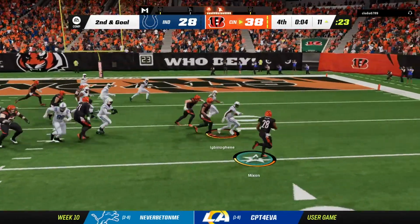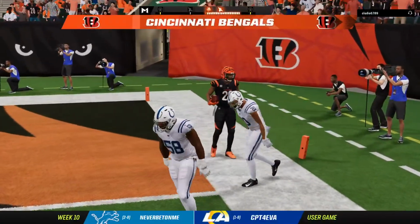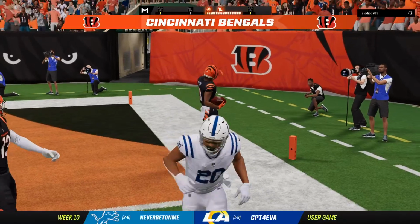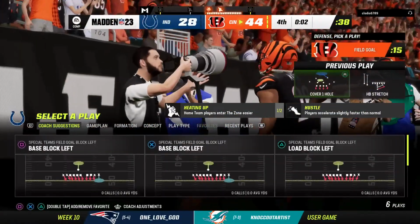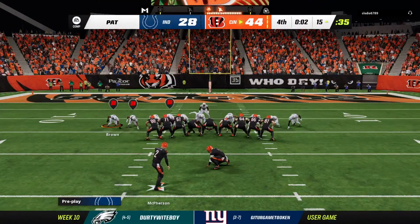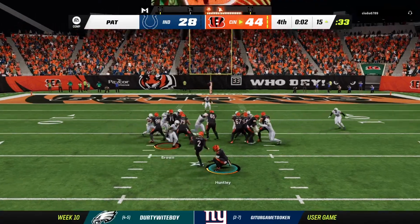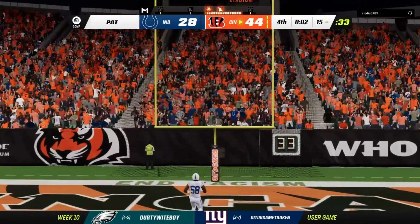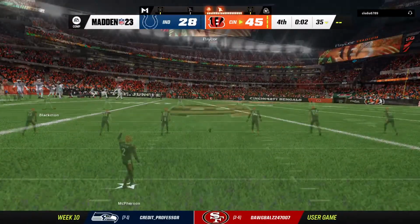Now it's Mixon running right. And he will take it on in for a Bengals touchdown. Joe Mixon with his 2nd touchdown of the game and 5th on the year. And the Bengals are looking to make it 2 straight as they add on to this 4th quarter lead. Extra point by McPherson, up and good. And that'll make this a 3-score game now. The lead moves